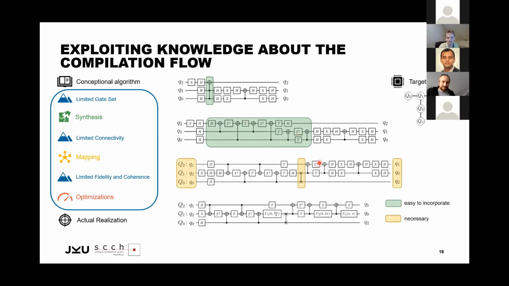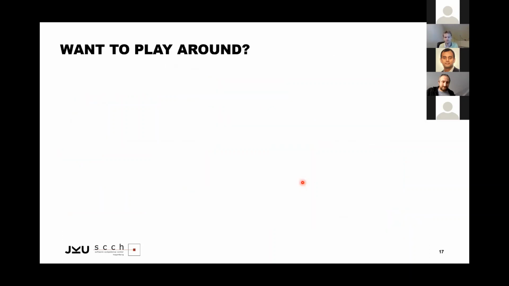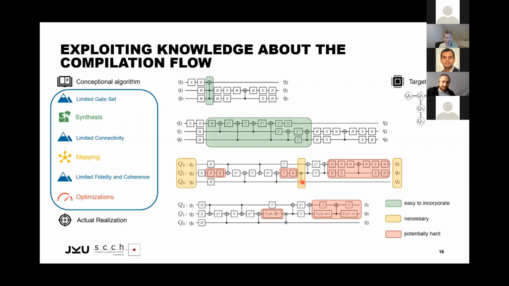Other things like the swap gates here, you need to incorporate so that your matching with your qubits works at the end of the day. And things like optimization can still be incorporated in such a verification flow, but probably not comprehensively, because optimizations might not be that easy to incorporate into verification. But if you use this information to derive a heuristic which comes close to how your verification strategy should look in the best case, that is one way to utilize this information. And this is basically what I wanted to show here.